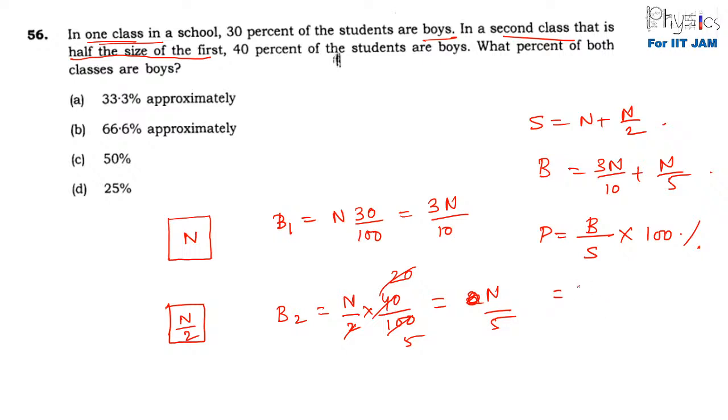So this is 3n by 10 plus n by 5 divided by n plus n by 2 times 100, right? So this becomes